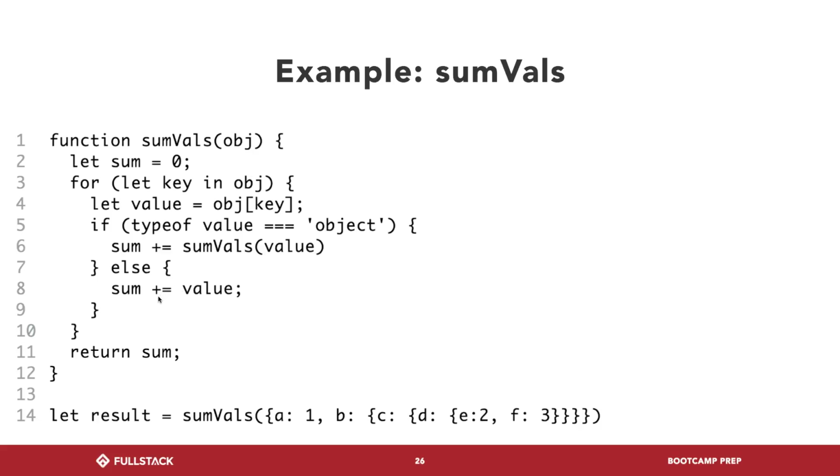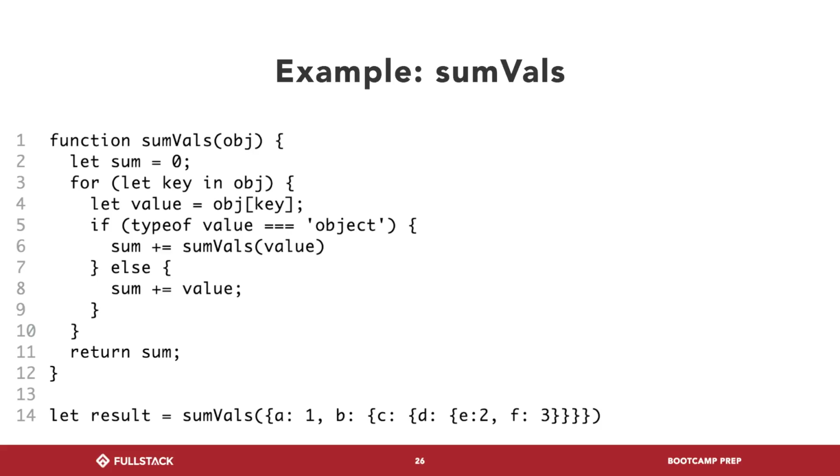And then on line 8 here, right? If all the values in the object are numbers, we'll just add the number to the sum. On the other hand, if the value is an object, well, let's just use sumVals. We'll give it an object, have it calculate the sum for us, and then we'll add that sum to our current sum. Right? So this is almost a mirror image of the last problem too. These problems are very formulaic in that way.